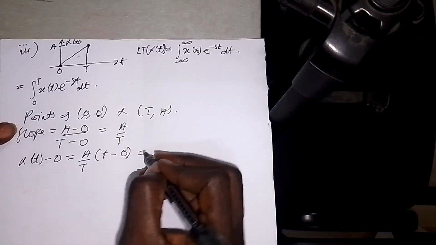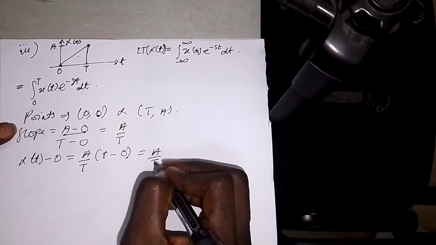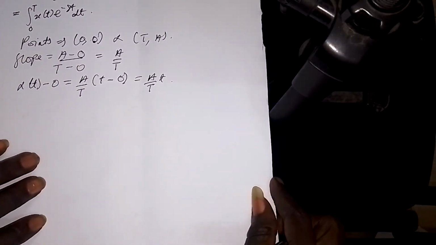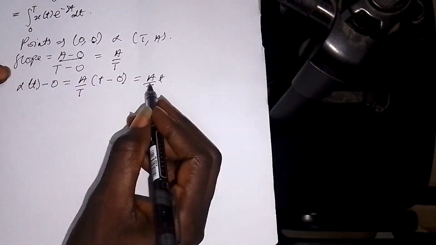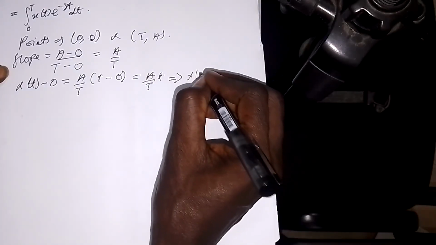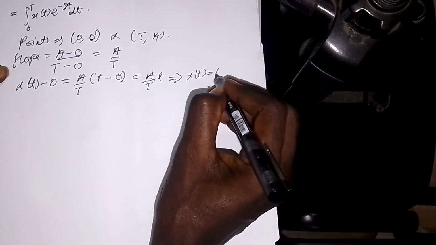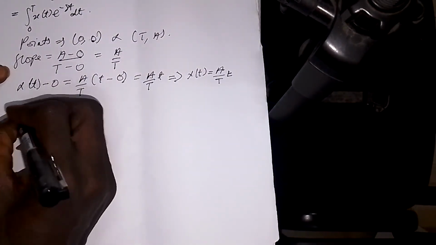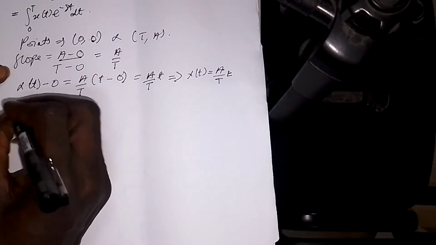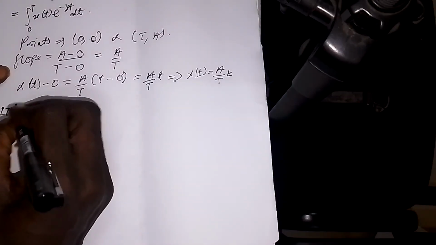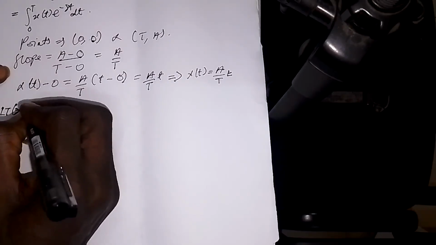Okay, so like this. So I'm going to have A on big T on T. Okay. Now, I just have to go straight ahead and put this one into the equation. So now what I have is that x of T is equals to A on T into T. Okay, so that's my x of t now. So now my equation, my Laplace transform, okay, of x of